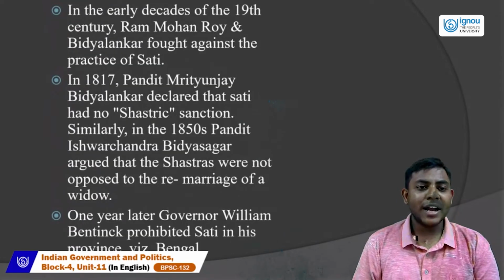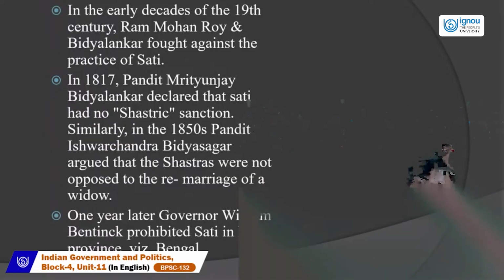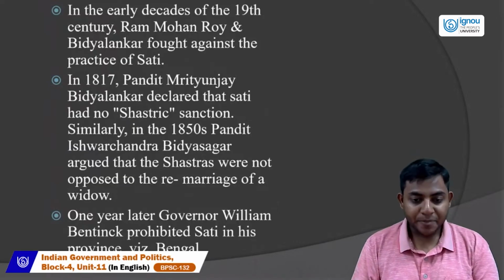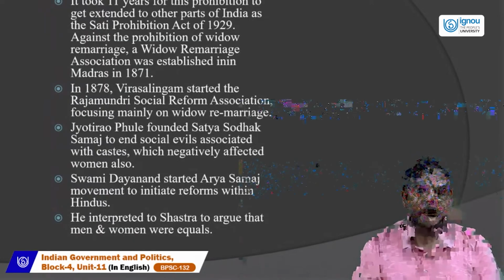In the early decades of the 19th century, Raja Ram Mohan Roy and Vidyalankar fought against the practice of sati. In 1817, Pandit Mrityunjay Vidyalankar declared that sati had no shastric sanction. Similarly, in the 1850s, Pandit Ishwar Chandra Vidyasagar argued that the shastras were not opposed to the remarriage of a widow. One year later, Governor William Bentinck prohibited sati in his province, that is Bengal. It took 11 years for this prohibition to get extended to other parts of India as the Sati Prohibition Act